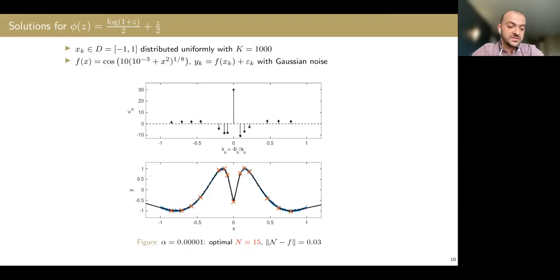But there are some issues with this problem. The first thing that should concern us is that the other problem was convex. I'm talking about the shallow case; if you go deep, it's going to be non-convex anyway. But in this case, with the L1 penalty, it was a convex problem. In this case, it becomes a non-convex problem because phi is sub-additive.